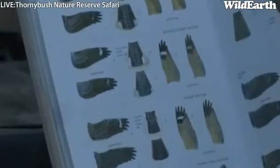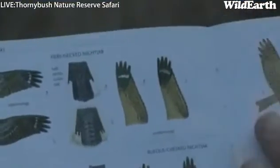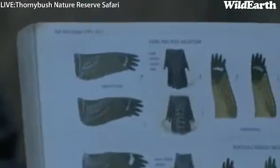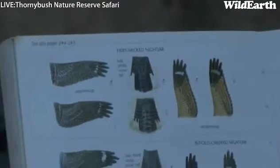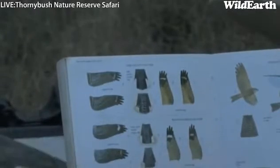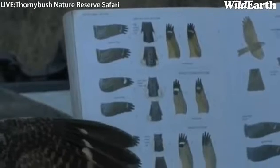Unfortunately, with nightjars, it's very foolish to try and identify a nightjar merely with it sitting down or flying. And the only way you can really identify a live nightjar is when it is calling. Because it is impossible to see these particular features in a nightjar when it is flying. And the only way to do it is to have a bird in the hand and be a biologist and just be real about it. So,